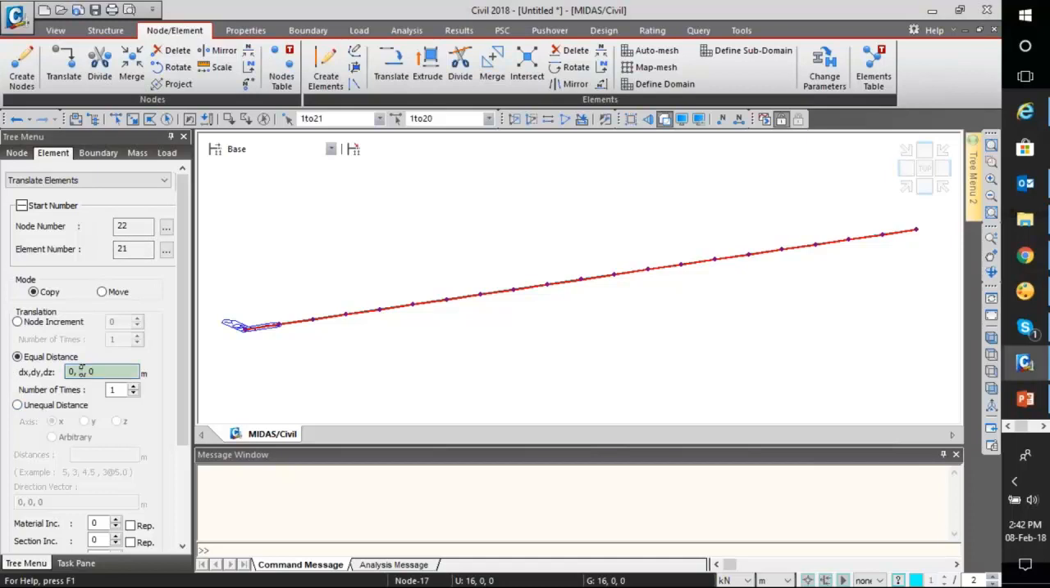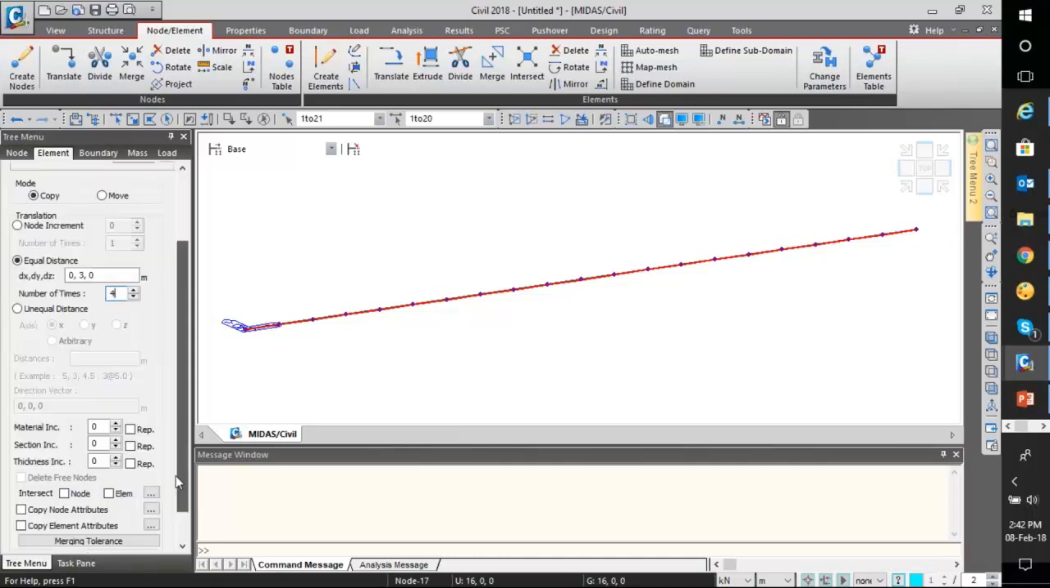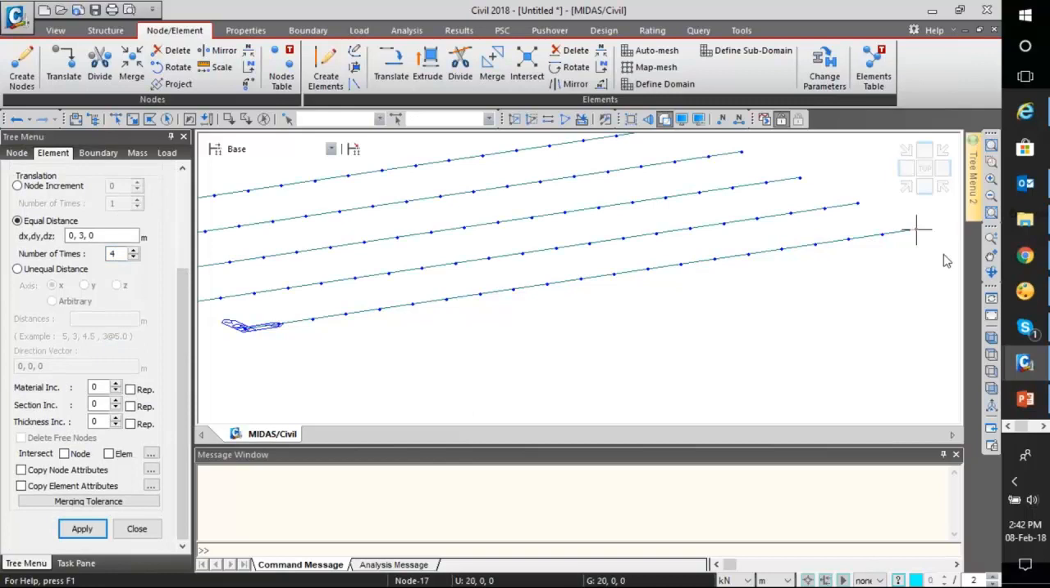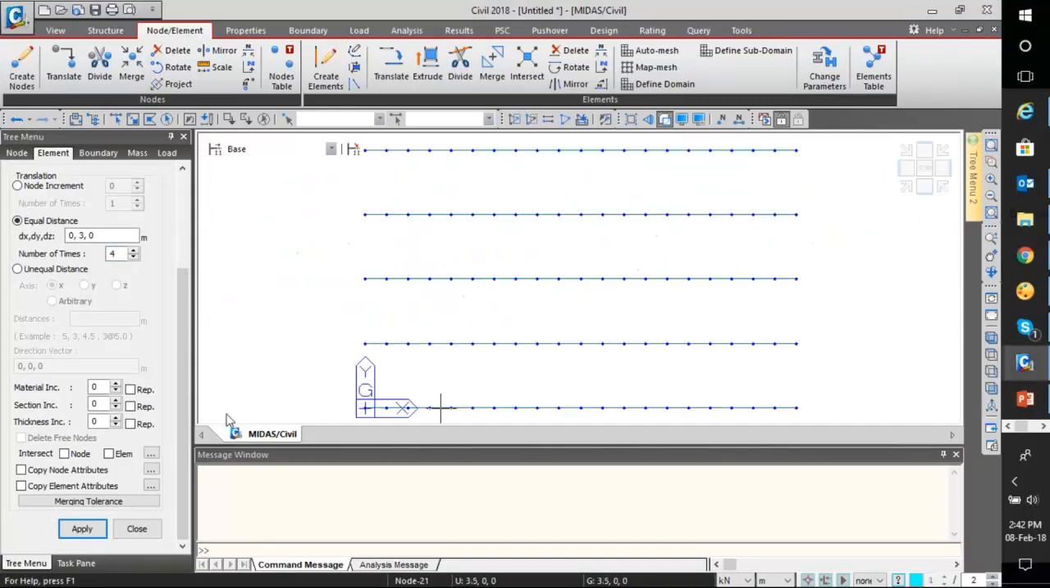So I could enter over here 3 meter and 4 times. Basically one beam is already created, so I want it to be created 4 more times and apply. Okay, so my longitudinal beams are created, and now if I want to create the transverse beams, so I just